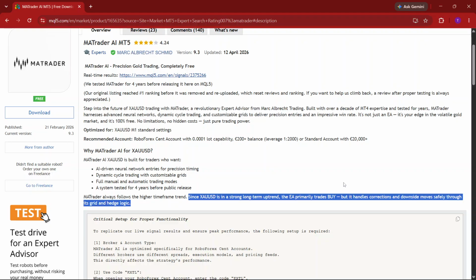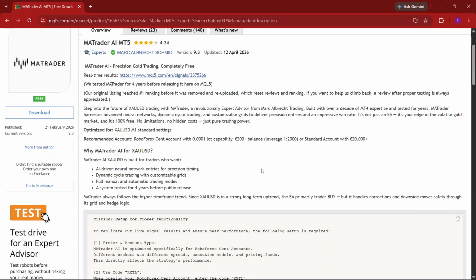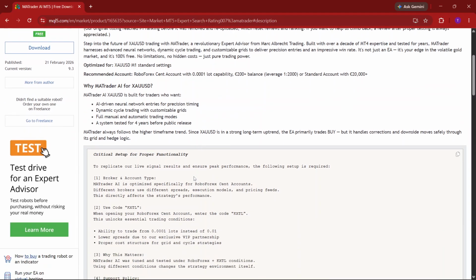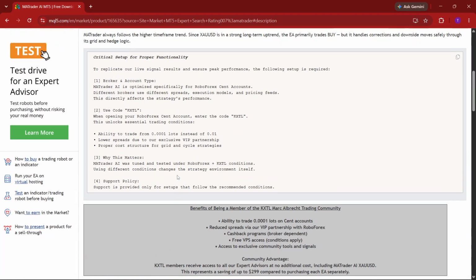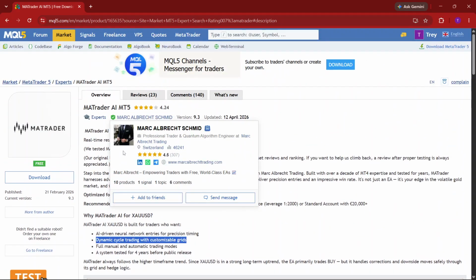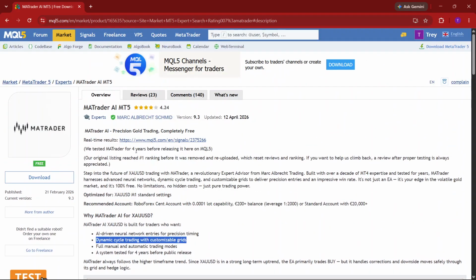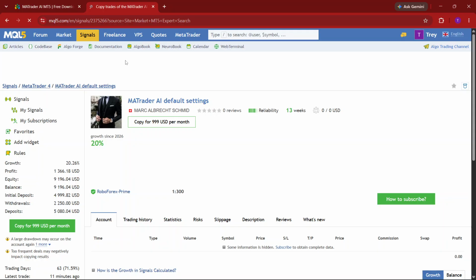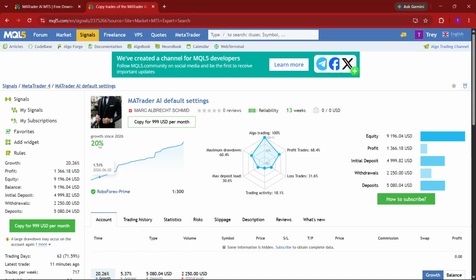Now they talk a lot about AI-driven neural network entries for precision timing, plus proprietary MAT algos for elite entry points. There's also dynamic cycle trading with customizable grid. The live signal they link shows roughly 20% growth over 13 weeks. Let's go over to it. You can see here